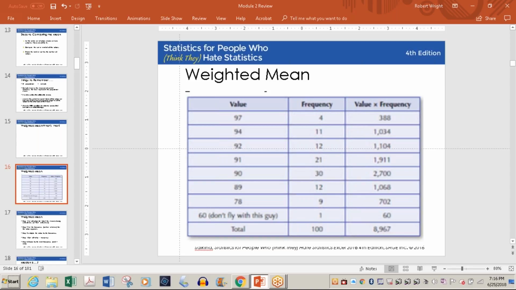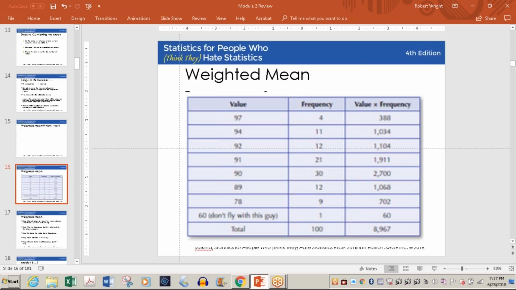So in this case, do you take that 8967 and divide it by what, like 8? No, you divide it by 100. Oh, by 100. Oh, okay, I gotcha. Yeah. You get the same result as if you took that long column of numbers. This just is a little easier way of doing it. Something like this, you probably won't ever report in a study. This is just a tool to help you not have to deal with a column of 100 numbers and add it. So this is just a tool more than something that you would put in a report.